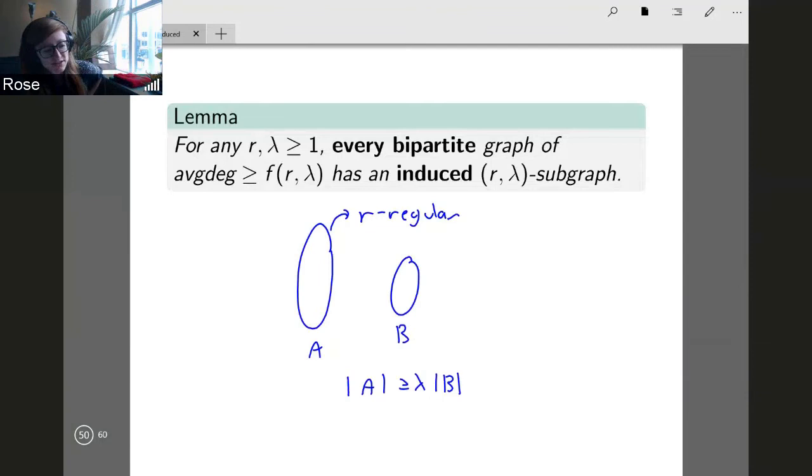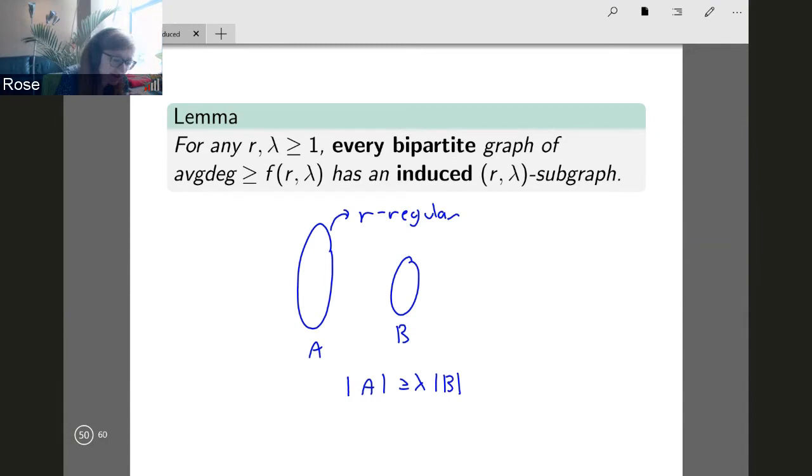And so the point here is that we're able to get one side to be regular. We can't get both sides to be regular. We know that that would be too much to ask for, but we can actually get one side to be entirely regular. This isn't really too surprising. There are well-known limits that say that you can get it close to being regular, but the point is we actually want it to be exact so that we can apply results on hypergraphs. And that's still not too hard. Sort of just a probabilistic argument works to get this.